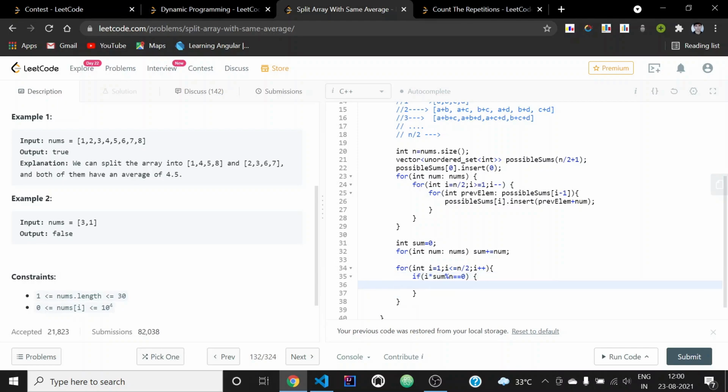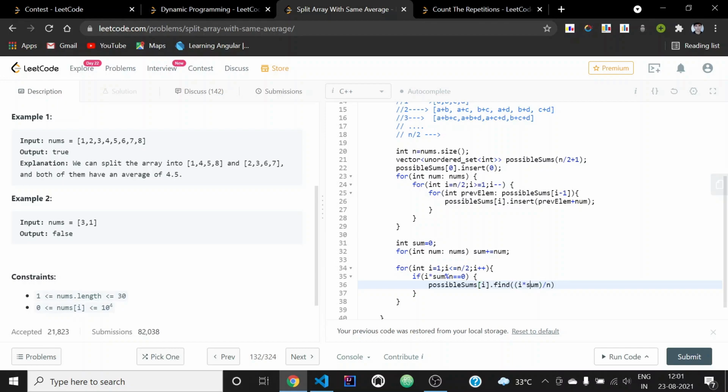Just in case it is divisible, this will give us the sum of the array A. And what we need to do is check whether this sum is present in the corresponding set of that size or not. We can do it this way, checking using the find function. Sorry guys, here it should be i.